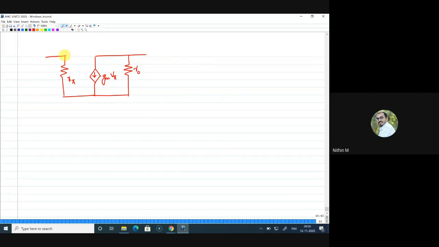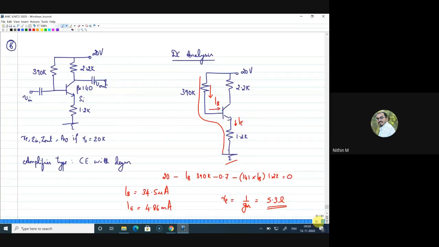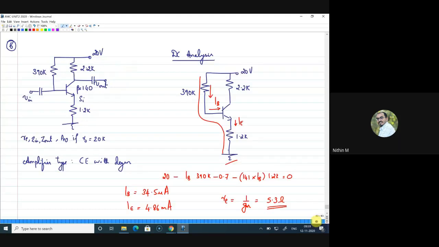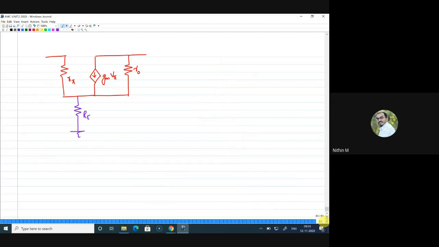Right. So this is equivalent to what I have. Now, if I modify this equivalent circuit with respect to the given circuit diagram, I need to add the 1.2K resistance here. But as of now I'll call it RE only. Later I'll substitute the value. Now at the output I have one resistance, which is again 2.2K, that is also connected to ground. I'll put this as RC and this is V out.